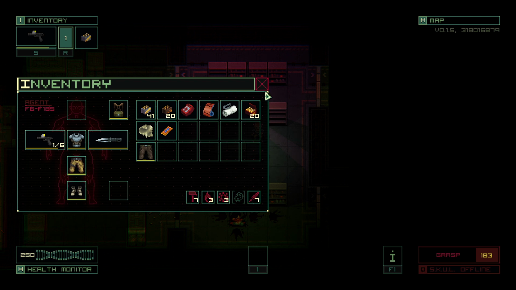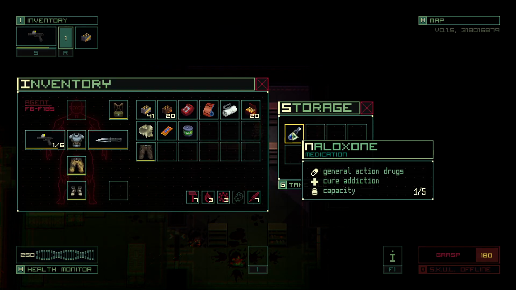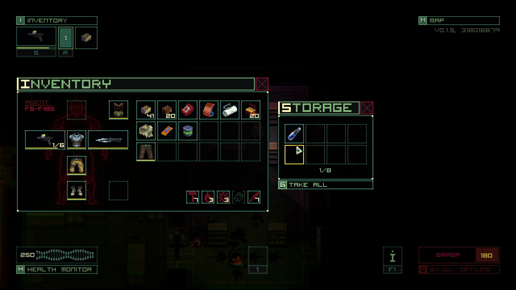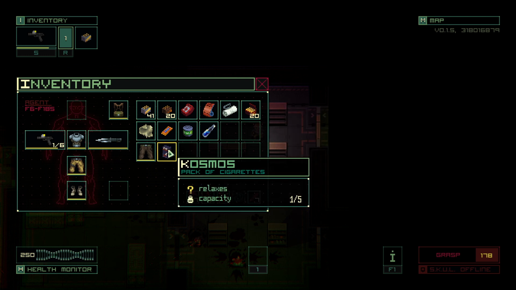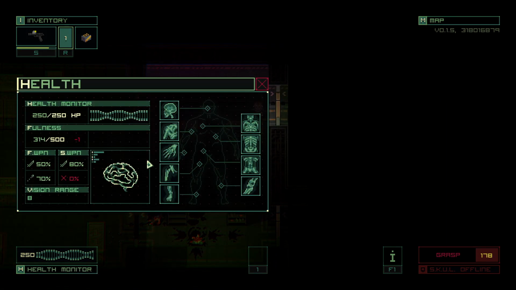Looks like we've got ourselves a snack bar because we are going to get very hungry. Canned food. General action drugs. Cure addiction. Okay, so I guess we can get addictions. Cosmos, a pack of cigarettes. What's that do? Relieves stress or something? Relaxes? Oh, interesting. I guess that's in case your character starts having a panic attack, which I've seen stuff like that happen in this game,